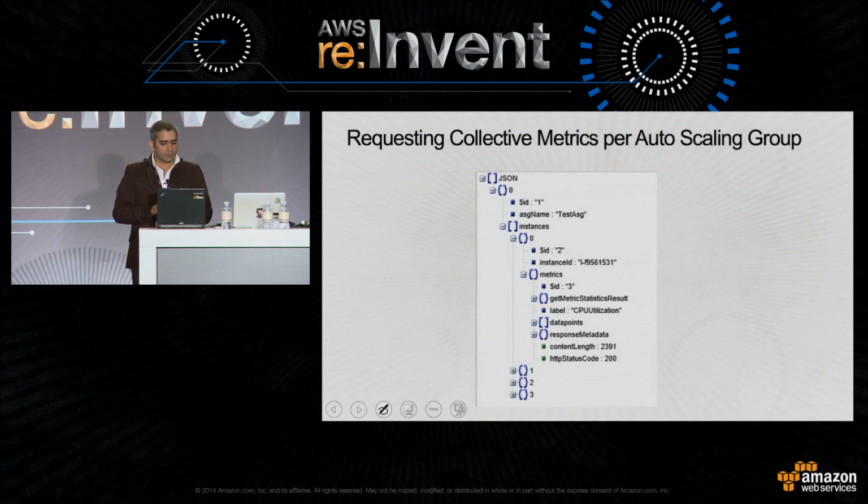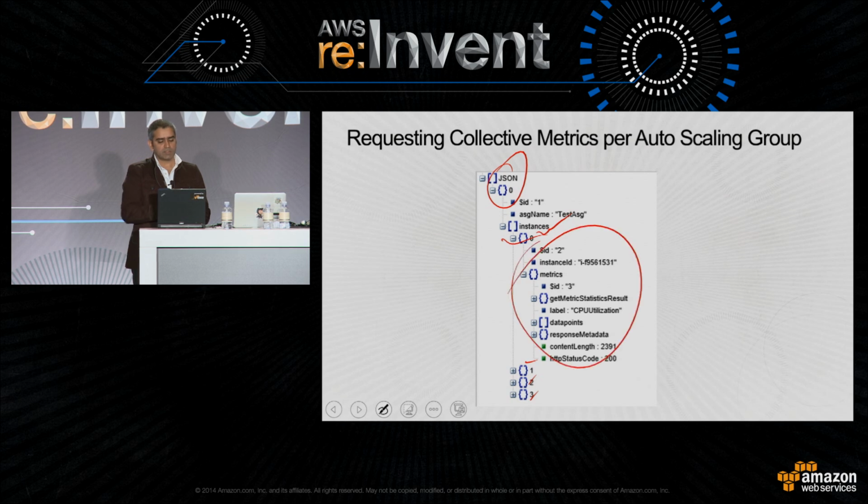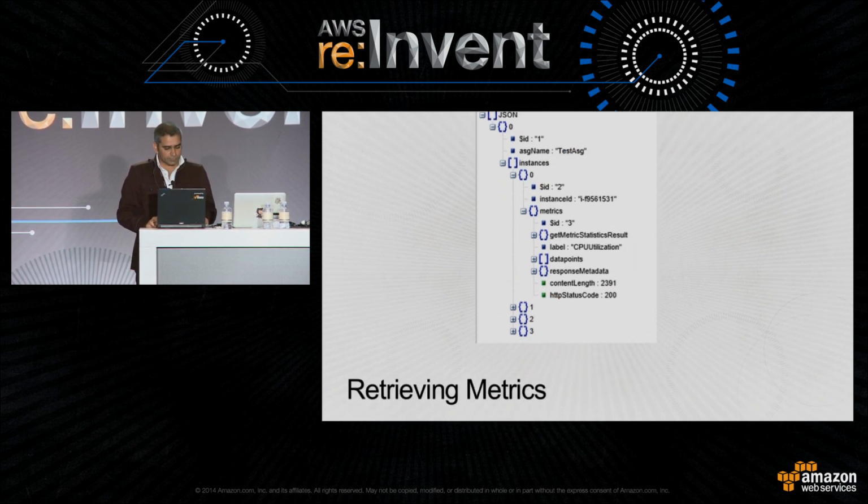When you run this, you're going to see something like this. You get the instances. This is the first autoscaling group that you're interested in, that we retrieved back. Instances, first instance, second, third, and fourth. And each one of those have the similar stuff that we talked about in the previous slide as well.